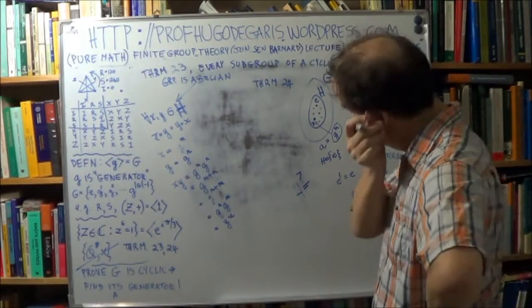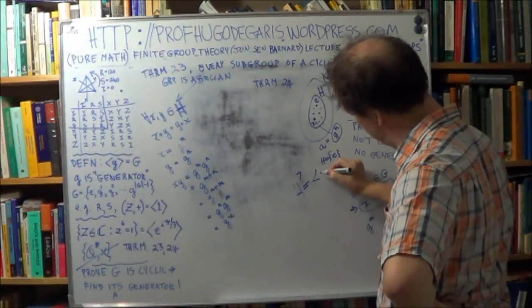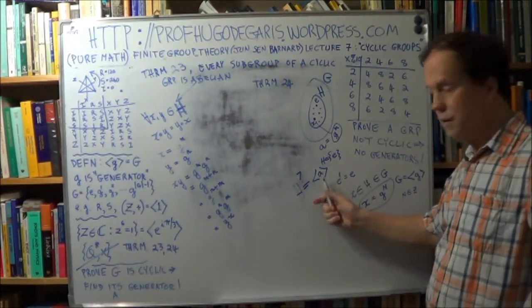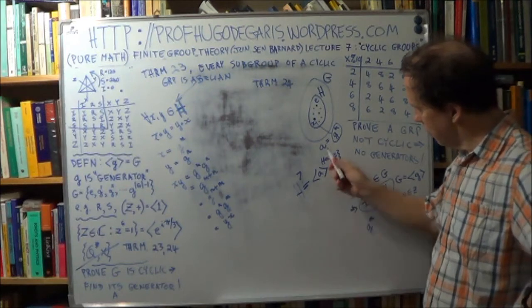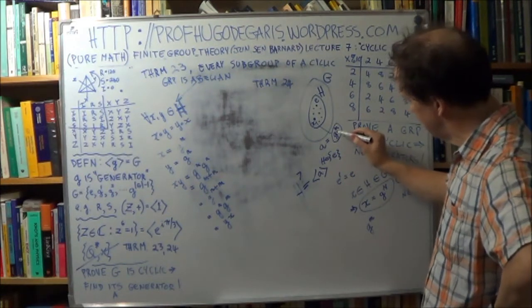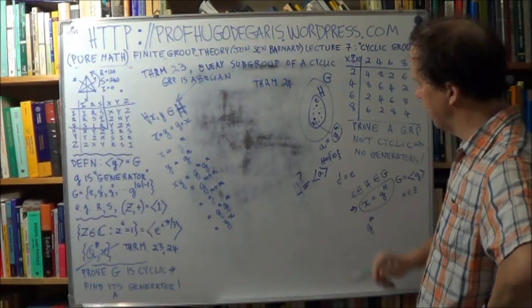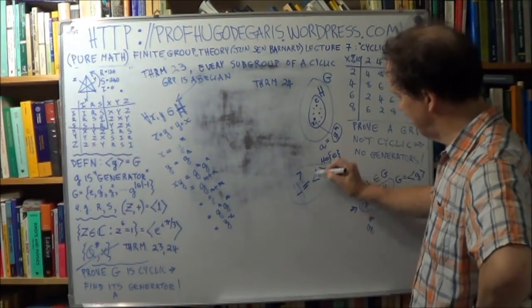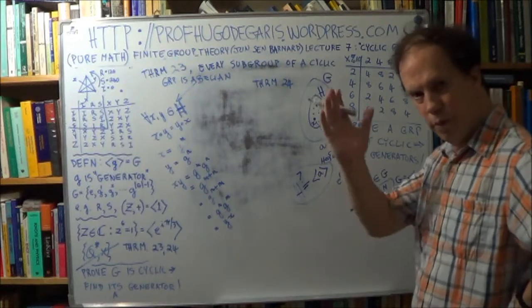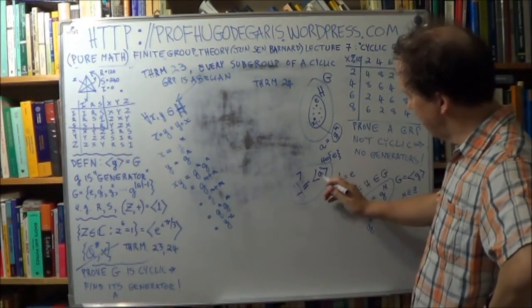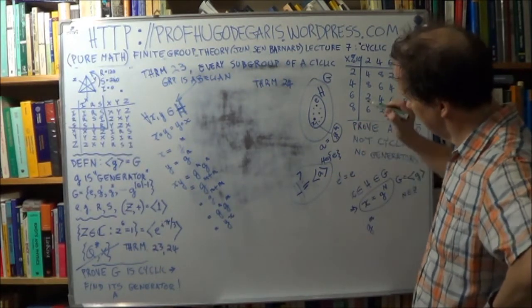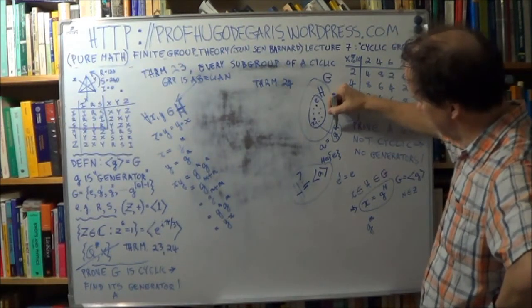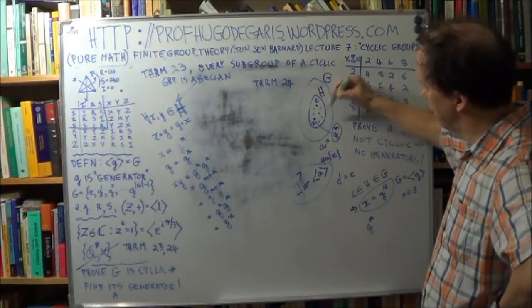Here's what you're trying to prove: that H is in fact this. In other words, A is your generator, A is of the form G to the little m. So if we can prove that, we're home. Because if A is the generator, that's the element with the smallest power